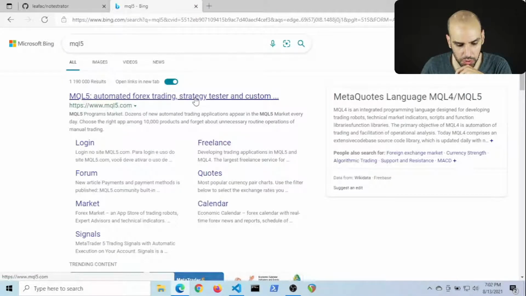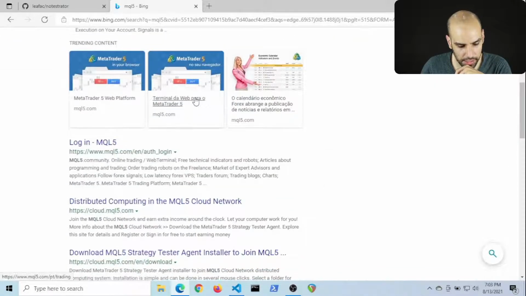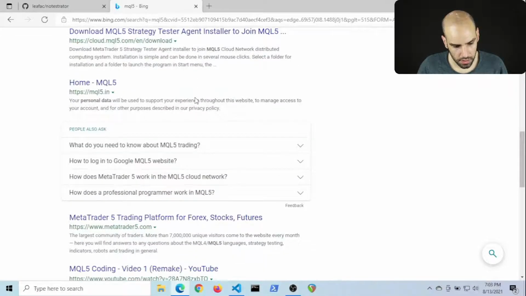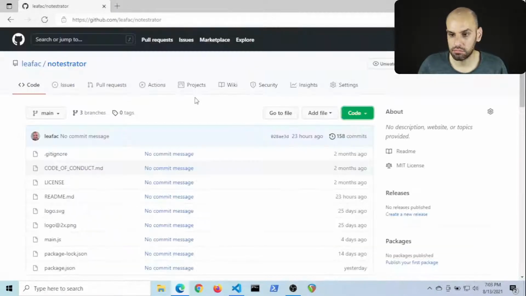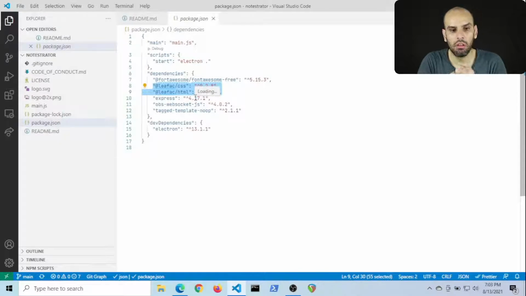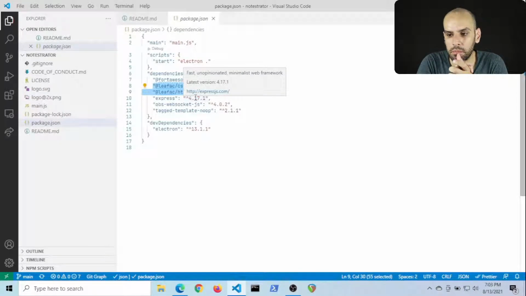Automated Forex trading strategy tester. I don't think that's what you have in mind. Yeah, I don't know what that is. But I'm interested. What is MQL5?